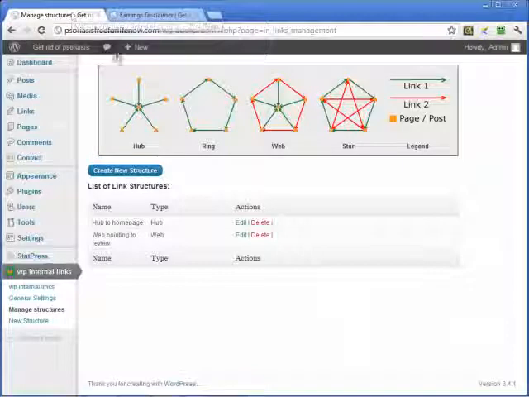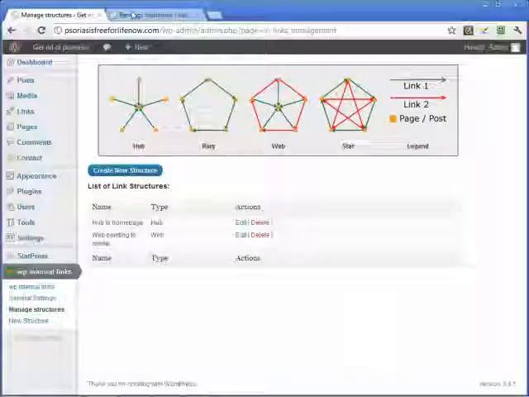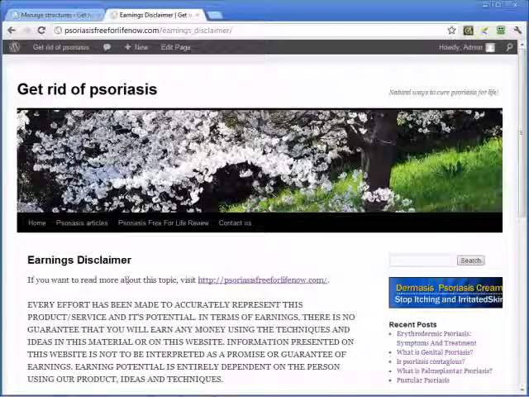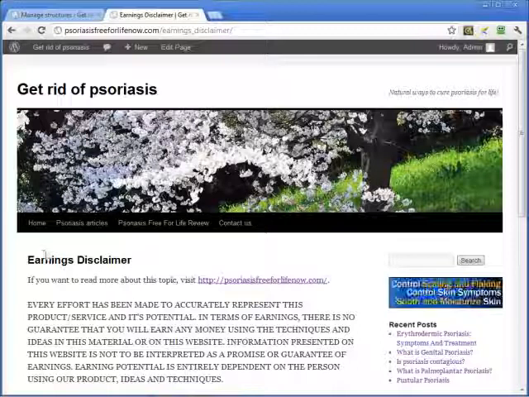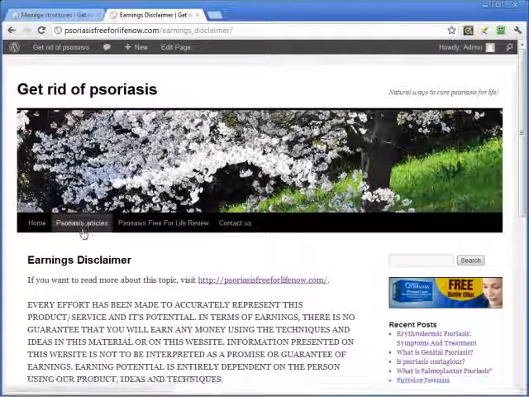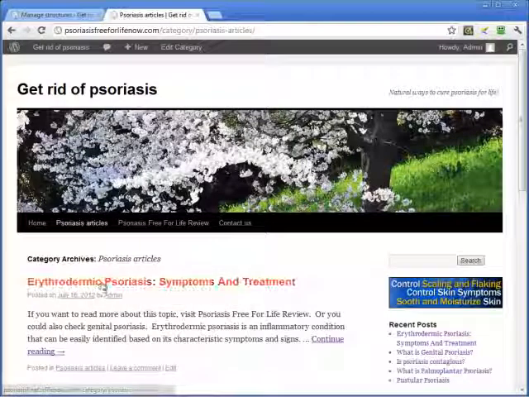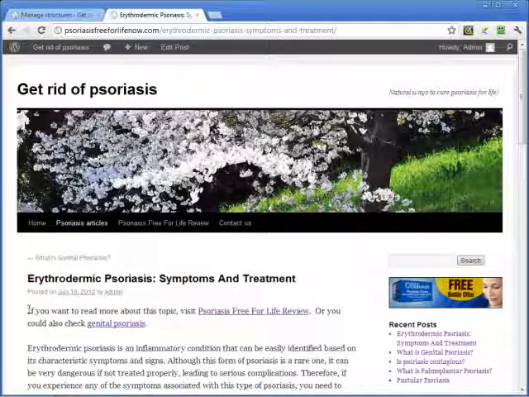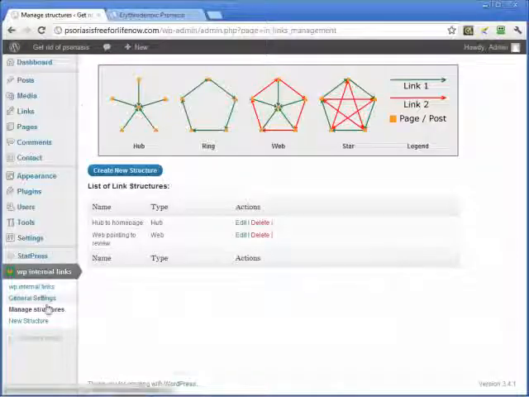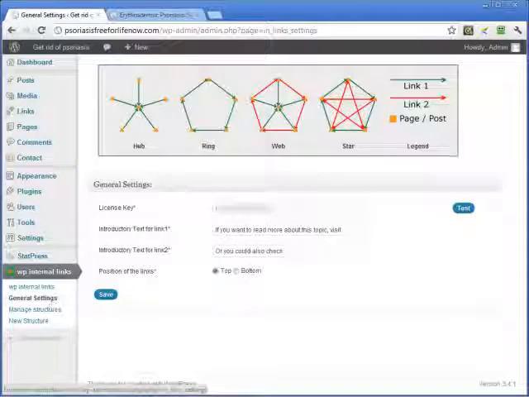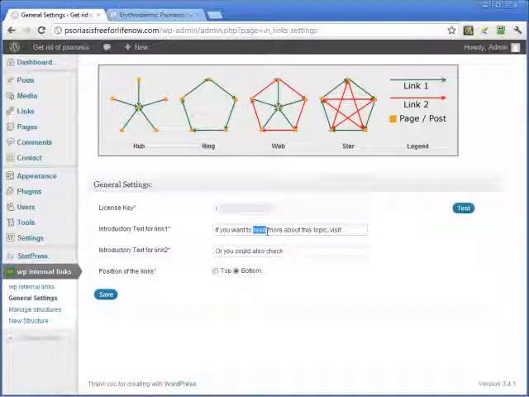And just for the sake of demonstration, imagine that you decide that you don't want this message, if you want to read more about this topic, visit, and you prefer them to read the content in the posts before having them go to visit the review, and you'd rather have the links at the bottom. So you go into general settings, you just hit bottom here and change, for instance, instead of if you want to read more about, if you want to know more about this topic, you save the settings,